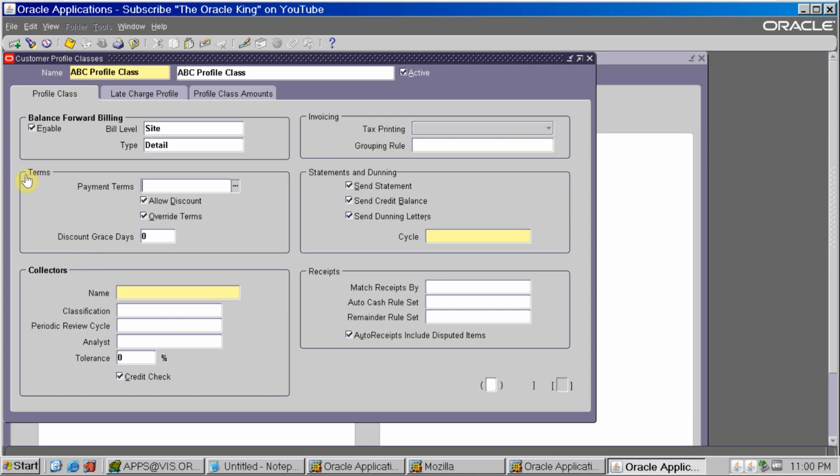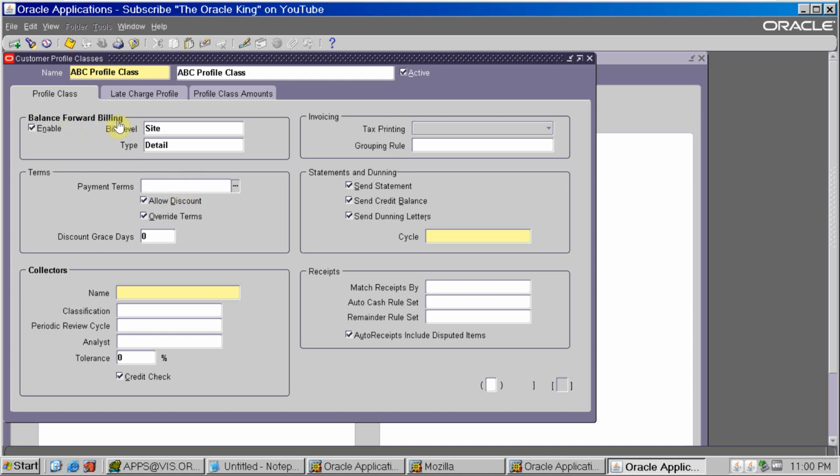Now we go to the payment terms. The payment terms we normally give are the default payment term. Sometimes we decide that for this customer profile we will use a payment term like 30, and for others we will use 15.